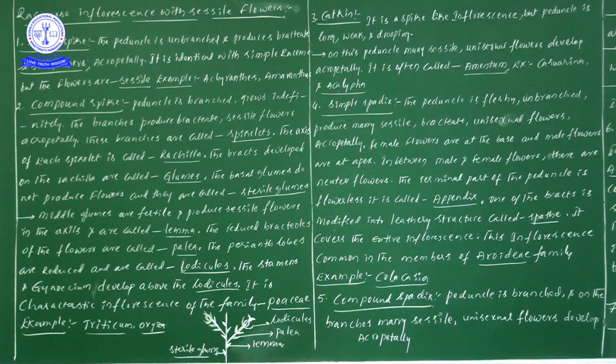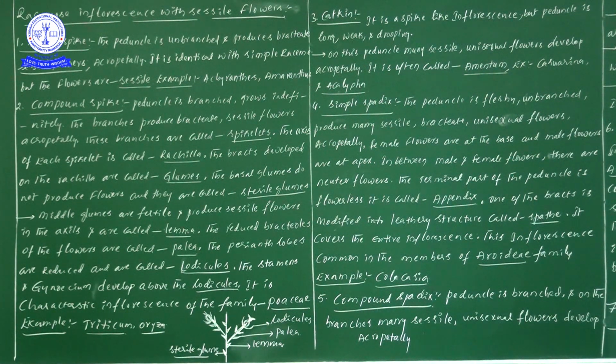So sir, where can we see this kind of difficult explanation, or a very well-known one? We eat rice, so that family only. This entire inflorescence we can see in the Poaceae family. Poaceae family members, best examples: Oryza sativa, paddy, or simply rice. Next, Triticum aestivum, wheat. Did you understand one point? This is a very important inflorescence in monocotyledons. Best examples are Oryza sativa, rice, and one more is Triticum aestivum, wheat. So that is the information regarding compound spike.